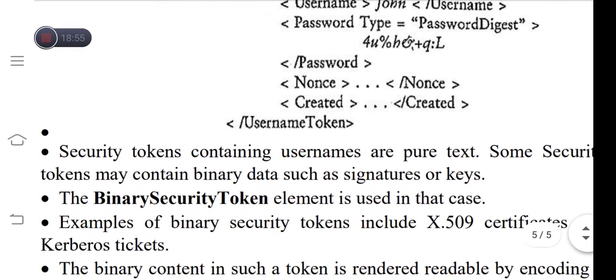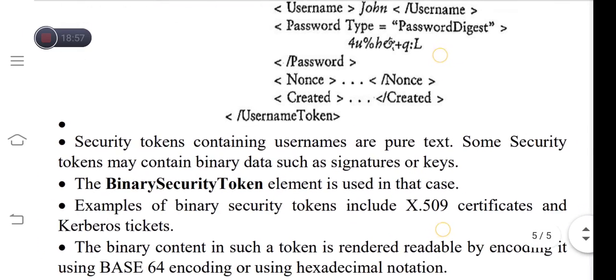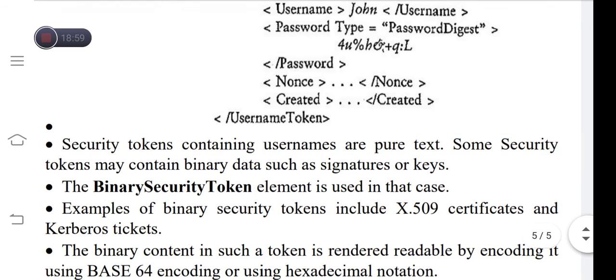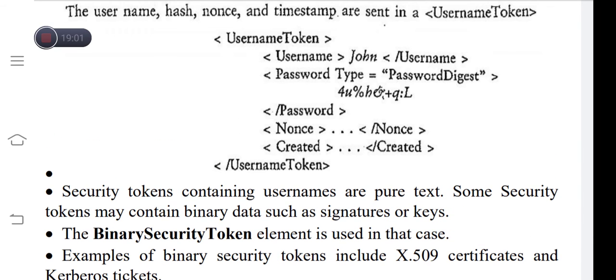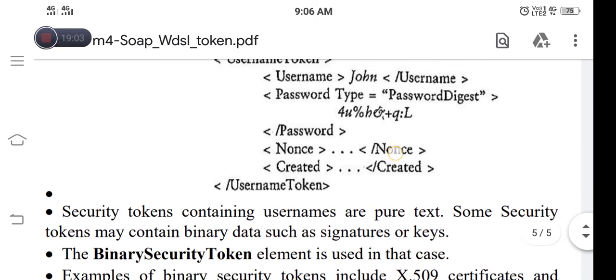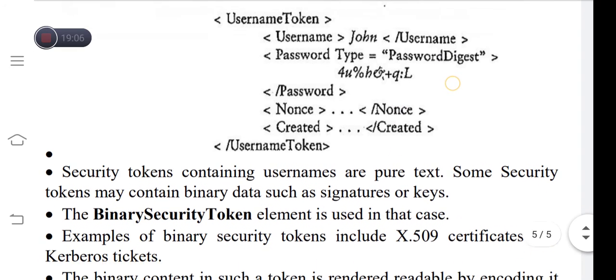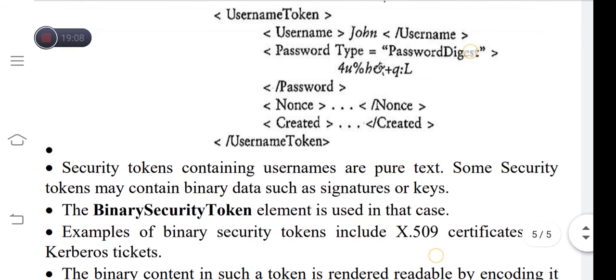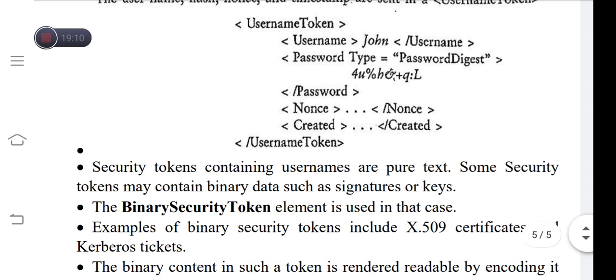The security tokens containing the usernames are pure text. As we are seeing here, John is the username and it is pure text. Some security tokens may contain other binary data such as signatures or keys also.